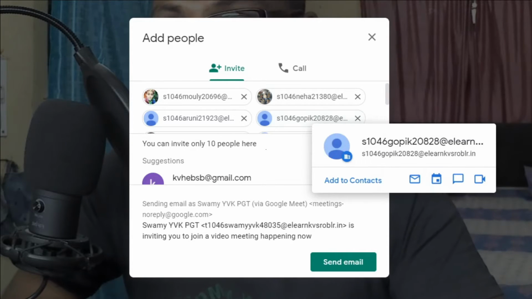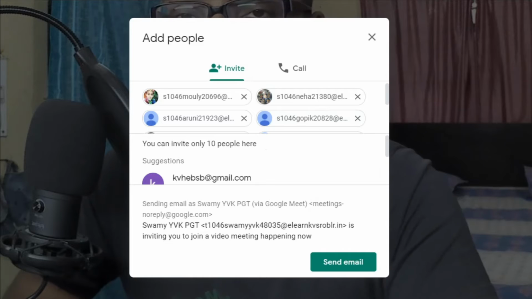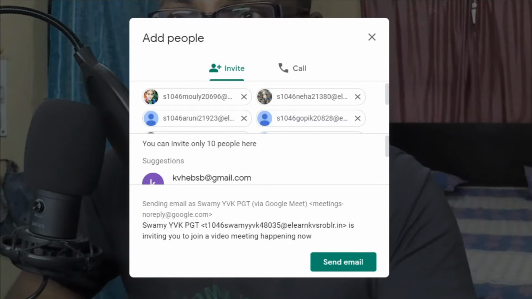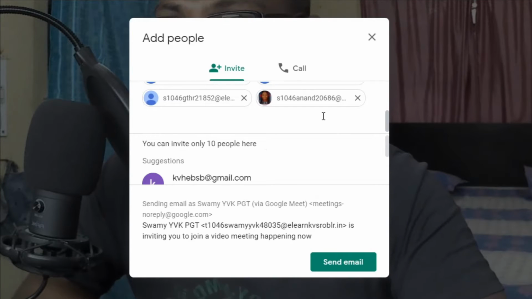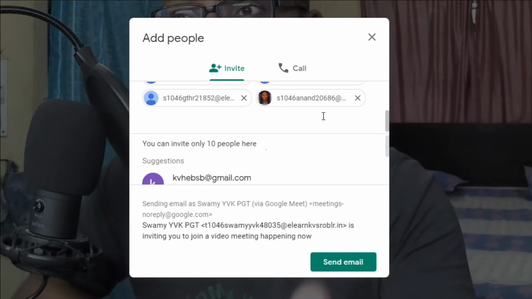Now the question is, those students who don't have a G Suite account user ID, whoever is having trouble to log into your online class using G Suite user ID, tell them to give you their personal email ID, and you can add their personal email ID here. Then what will happen? Only those students whom you have added can log into the online class without asking permission from your side. So there is no question of admitting any strangers when you are conducting online meeting.